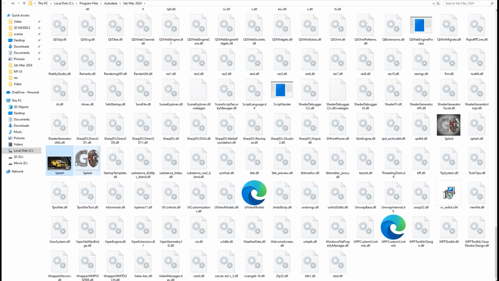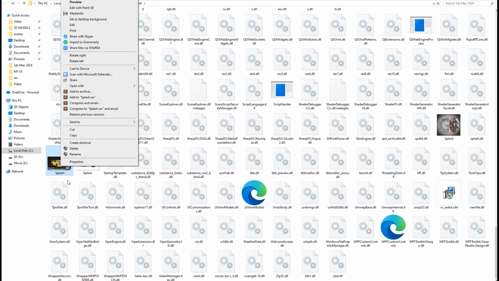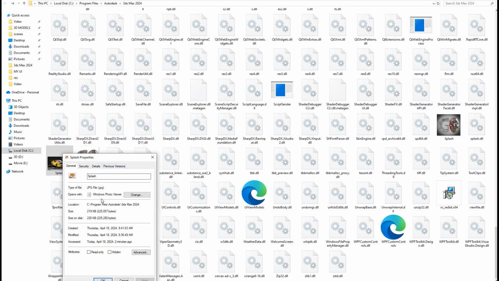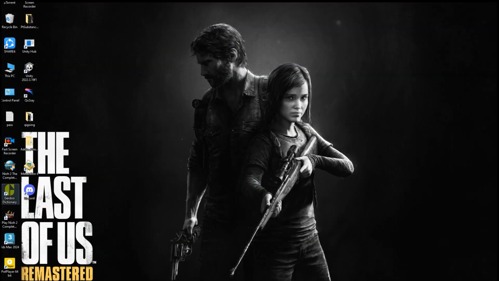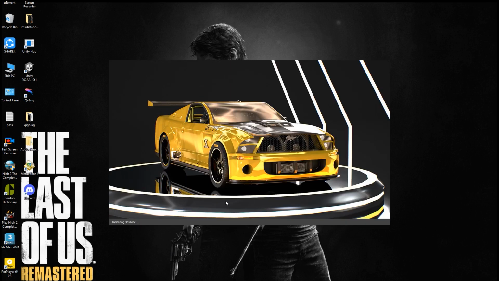So this is my file. As you can see here, item type JPEG. I right click it and go to the properties and make sure everything is correct. So I have a splash with capital S and the format is JPEG, so it's correct. Okay, I'm gonna close it and open the 3ds Max,